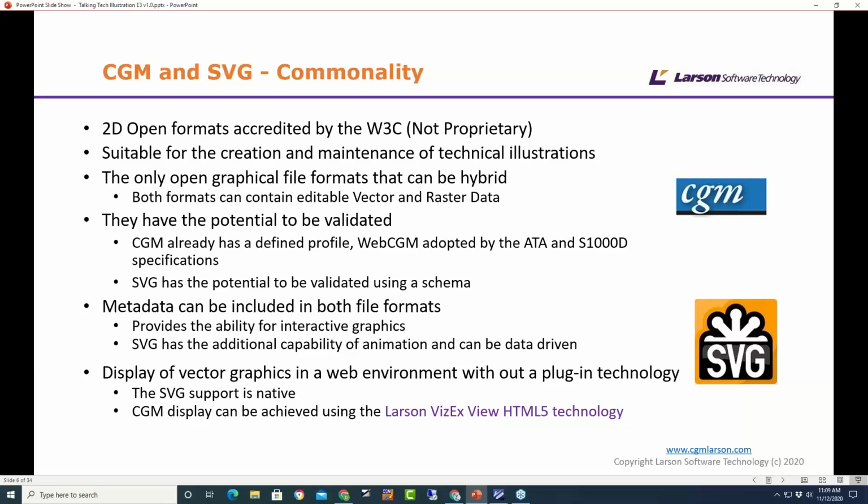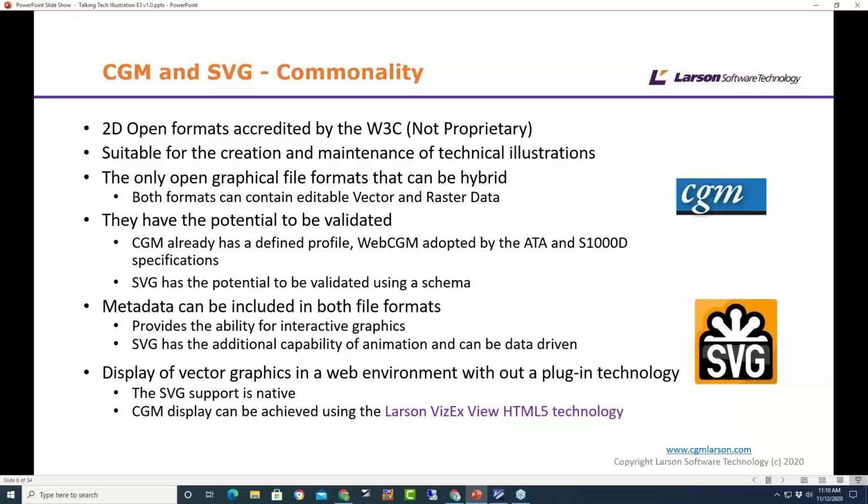One of the keys for SVG was, though, that it didn't need a plugin to display the file on the web. So it's actually native to HTML5, which is a big plus. So there's no plugin required. CGM, this was one of its downsides, is that it needed a controller, ActiveX control, to actually view the graphics in a web environment.